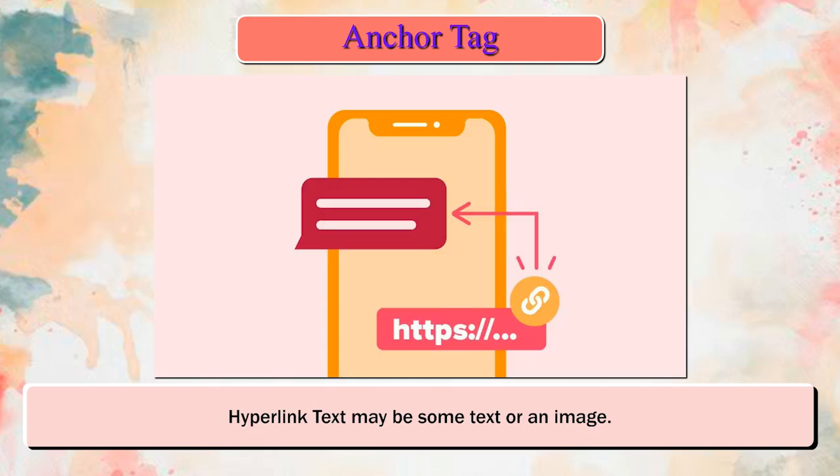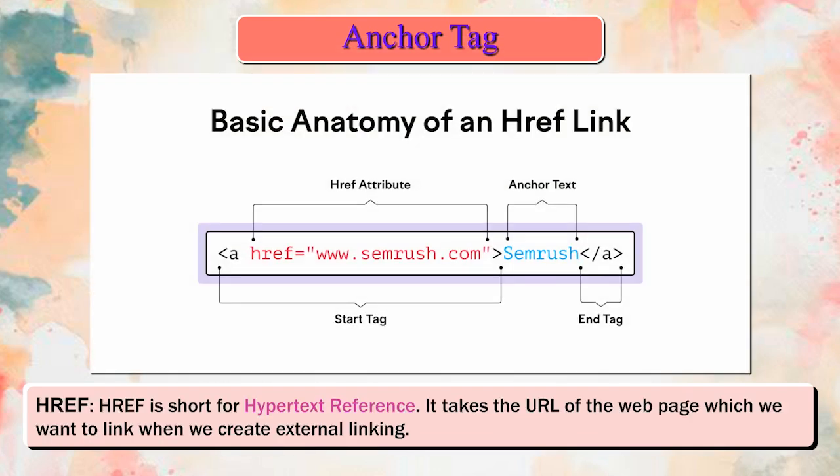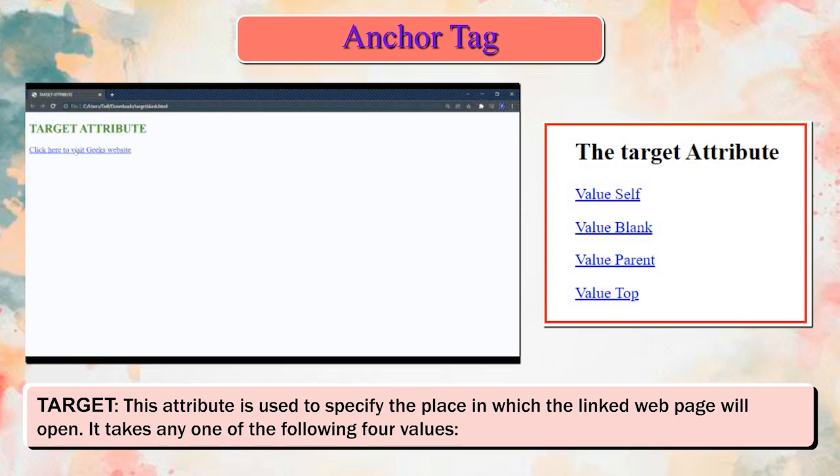Hyperlink text may be some text or an image. The A tag has the following attributes. href. Href is short for hypertext reference. It takes the URL of the web page which we want to link when we create external linking. Target. This attribute is used to specify the place in which the linked web page will open. It takes any one of the following 4 values,